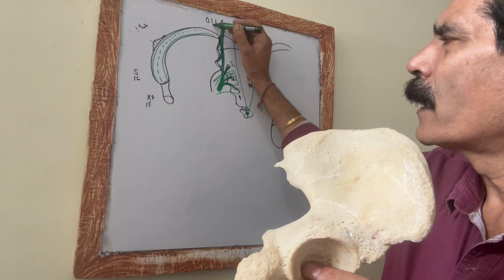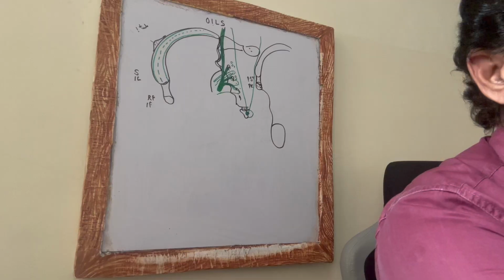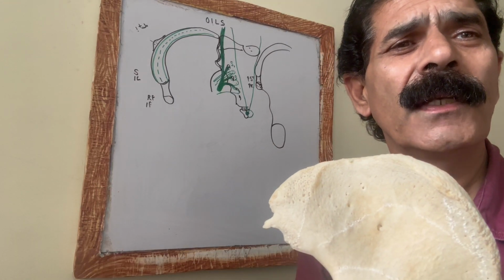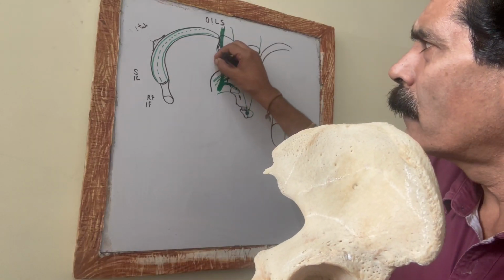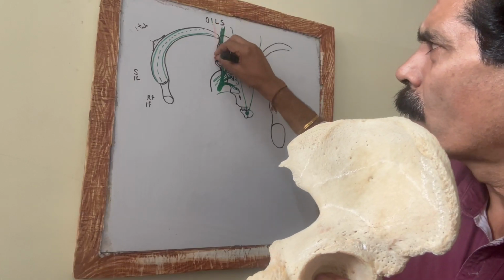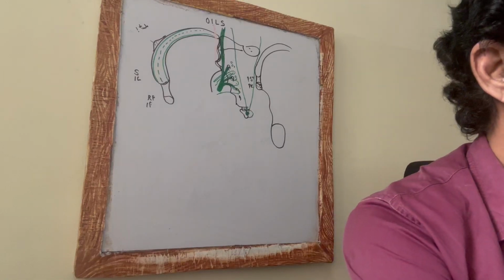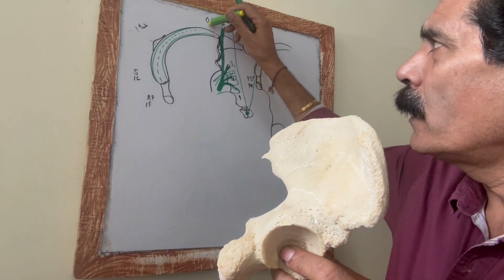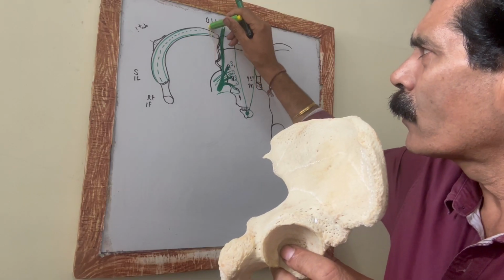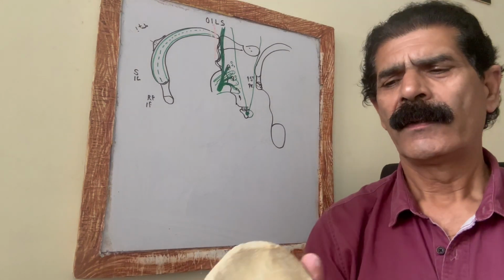Then I stands for iliolumbar artery. This iliolumbar artery is the branch of the posterior division of the internal iliac artery, and it runs upward. It supplies the ilium and the lumbar part. So it is called the iliolumbar artery. Then O stands for obturator nerve. This obturator nerve runs down, comes from the medial border of the psoas major, and enters the pelvis in front of the sacroiliac joint. So these are the things, OILS, to be remembered in front of the sacroiliac joint.